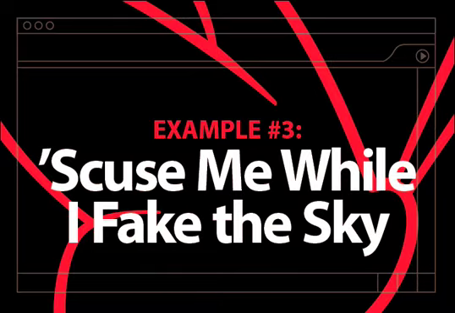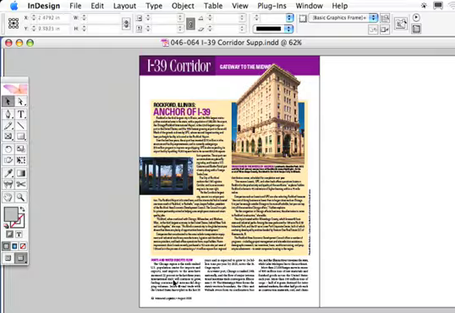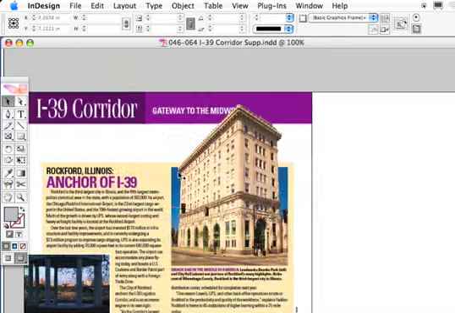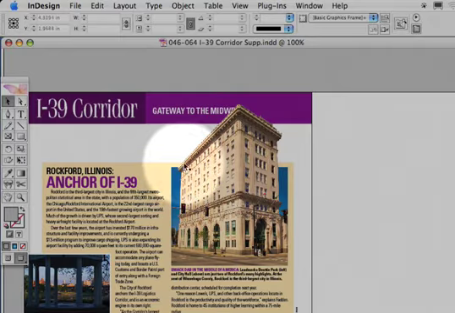This one, with apologies to Jimi Hendrix, I call "Excuse Me While I Fake the Sky." Here's a page that has the body of a main article flowing through it, but it's broken up by this sidebar box which contains a couple of images. At the top is this building photo that breaks out of the sidebar and overlaps a portion of the header